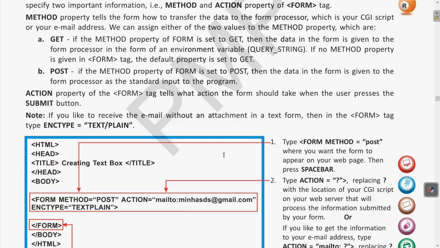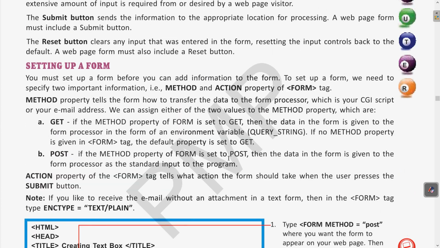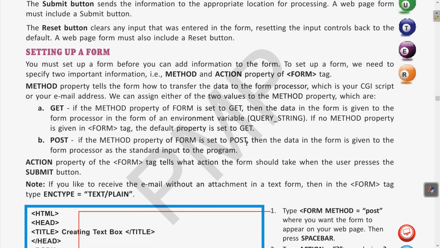So in the previous class we have seen the various concepts of how the form processor or the browser works when we submit any form in HTML using the submit button, how the get and post methods work, and how the CGI script transfers the data from our browser to the web server. So let us see it once again.